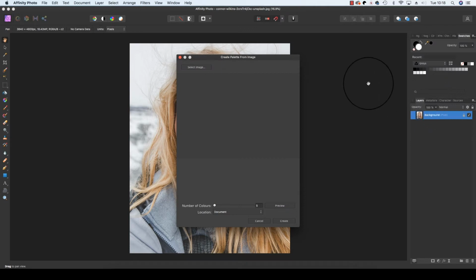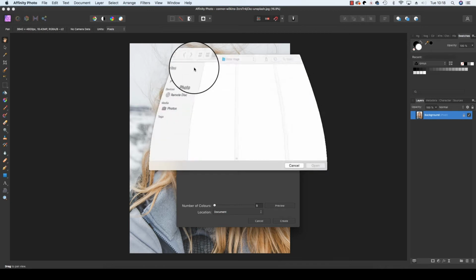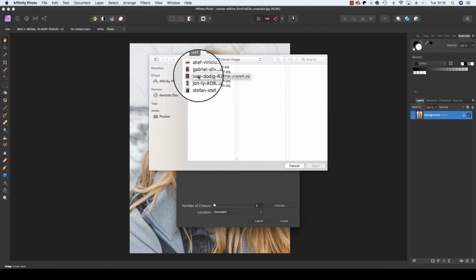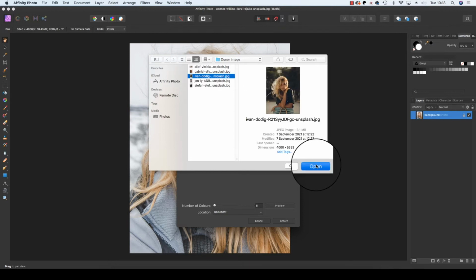A dialog box will appear. Click on the Select Image icon. This is where we select the image we want to take the colour grading from, i.e. our donor image. I like the look of the colours in this frame, so I'm going to select it and